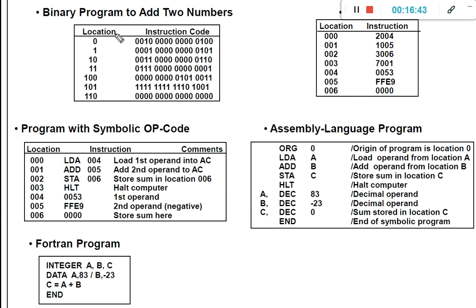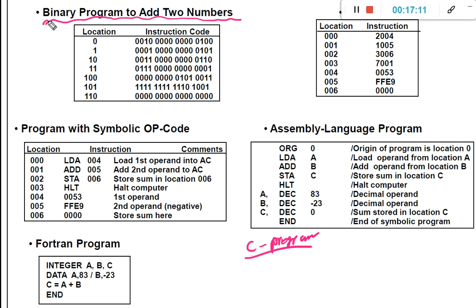However, this is the actual binary program to add two numbers. Why did we come from bottom to top? Initially we saw the C program, then the Fortran program, then the assembly language program, then the program with symbolic operation code, then the binary program in hexadecimal, and then finally the original binary program to add two numbers.